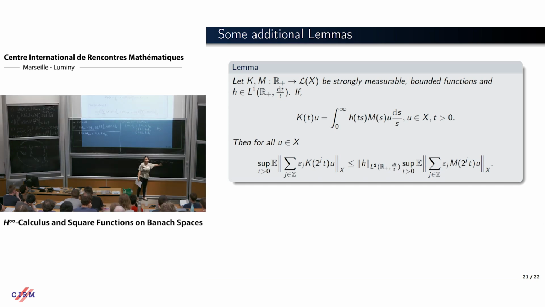This is the uniformly bounded operator that we have shown. The function f is in the H^∞ class, and it comes in the H^1 of L^1(R+, dt/t). Then you can consider this operator K(s) as this operator here. Now, once you have this operator, we can apply this lemma and come to the point of,